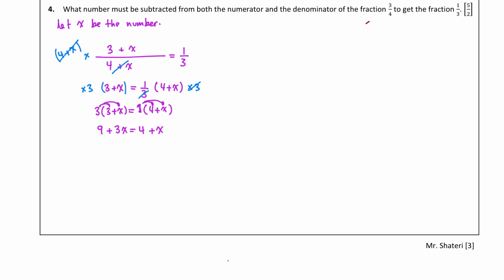Once I have this, I have to solve for x, so I will subtract x from both sides to cancel out the x on the right hand side, and I will subtract 9 from both sides as well to get rid of the 9 on the left hand side. Once I do that,